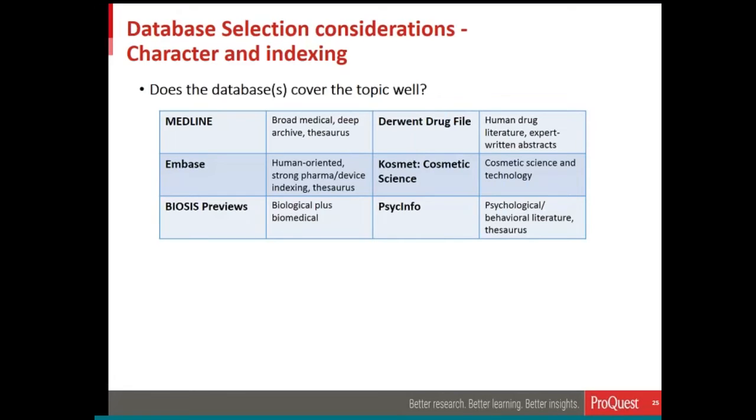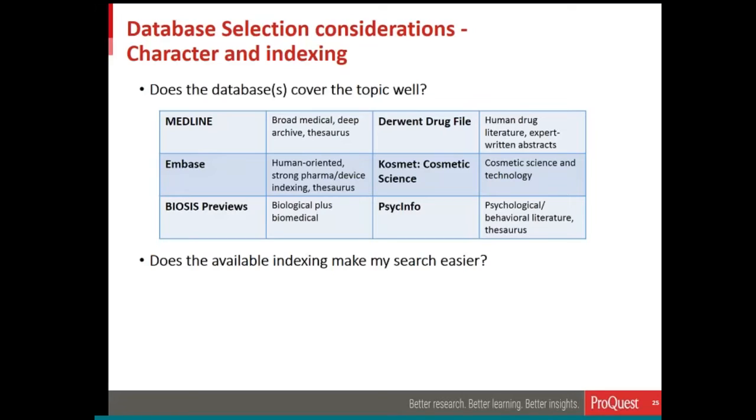Cosmetic science covers cosmetic science and technology, but I will tell you, if you're interested in the skin topic, this is a great place to do your searching. PsycInfo is a very deep archive. It actually goes back to the 1800s, but it is focusing on the psychological or the behavioral literature. It also has a thesaurus. So depending on the topic, I can maybe choose one or more of these databases to fill my needs for